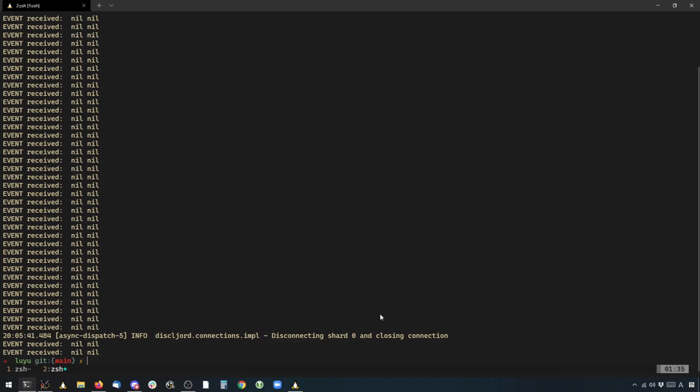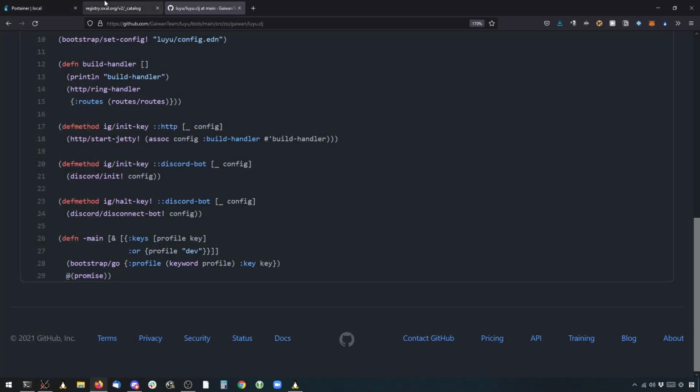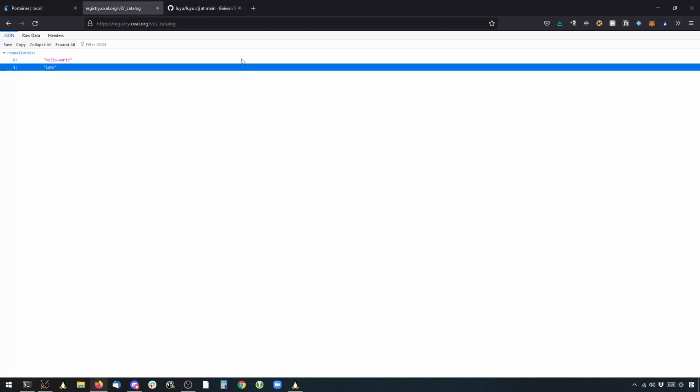So now what I want is this exact thing, but so that it happens on my server and it keeps running 24/7. How do I go about doing this? I think there are multiple ways to do this. Luckily, I actually have my own Docker Hub registry on my own VPS.